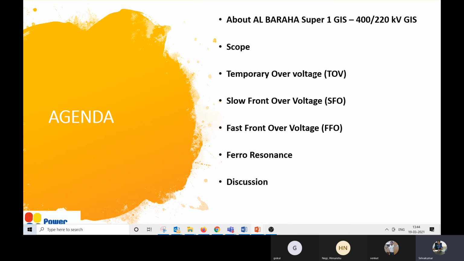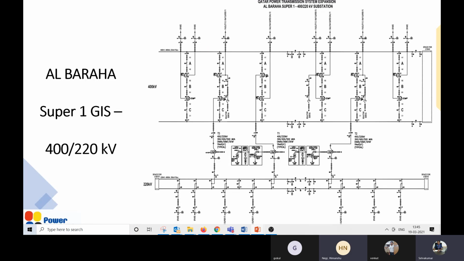This covers TOV, SFO, FFO, but this was the presentation too. We submitted the first report and gave this presentation, then we did the second one and presented the second report. So this is pretty much what we have done for a pure consulting business. You can also practice it so that you can implement it in your real-time projects. Yeah, of course.